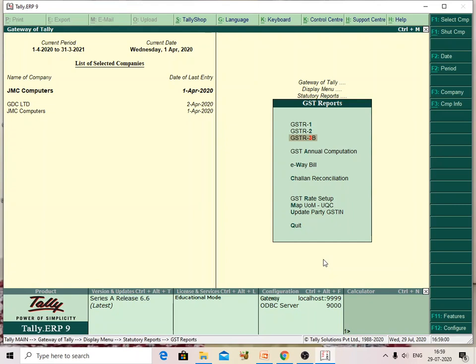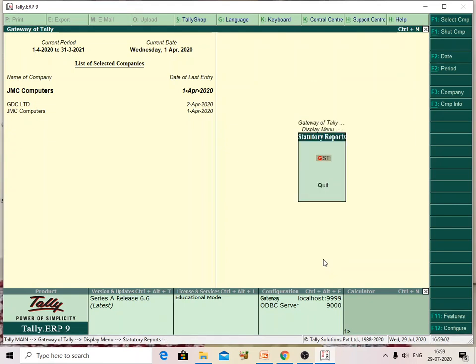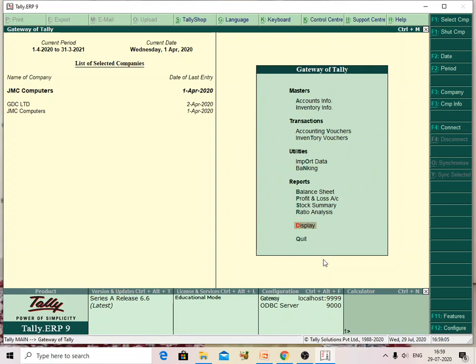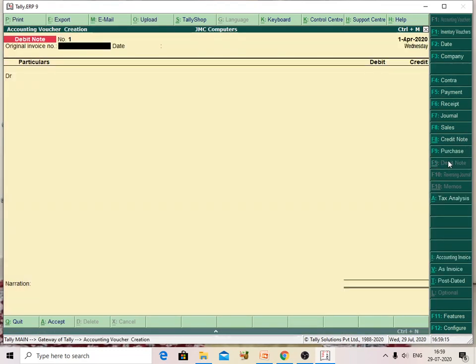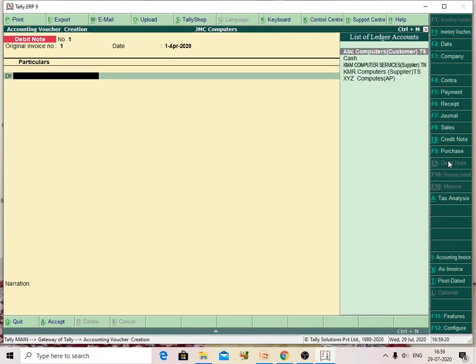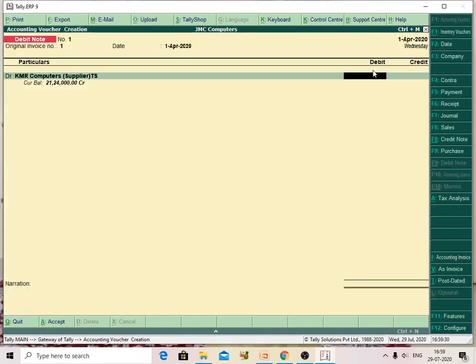After that, I will show you sales returns and purchase returns, how we can post the transaction in sales and purchase returns. First I will show you how to post the purchase returns. We can use purchase returns, debit note. I am giving the invoice number as 1, the original invoice number, and the date is that much. My supplier is a within-the-state supplier. My supplier is a Telangana supplier, and that is what we bought from the Telangana supplier.